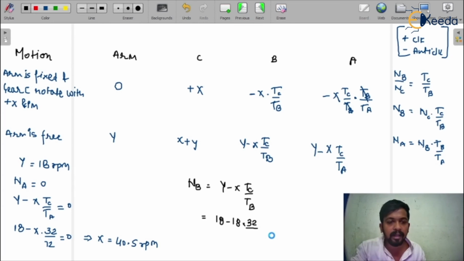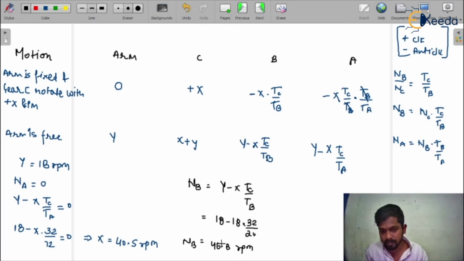We have calculated, Tb is 20. So from here you can get the speed of gear B, and that would come out to be 46.8. You can calculate, you will get the value 46.8 rpm,